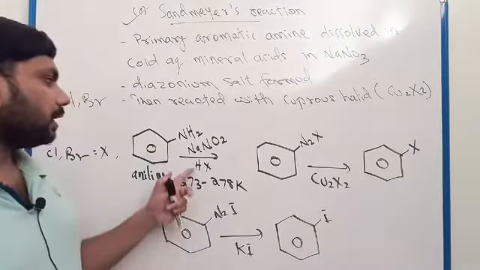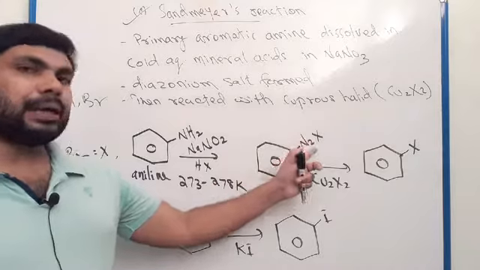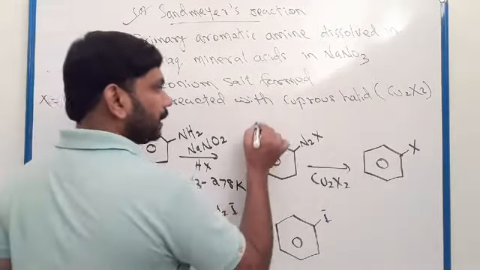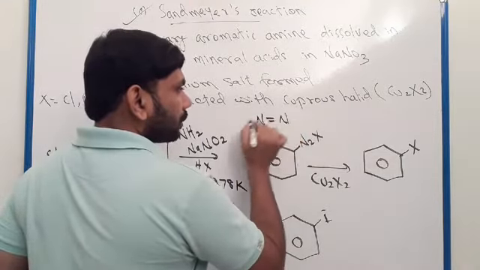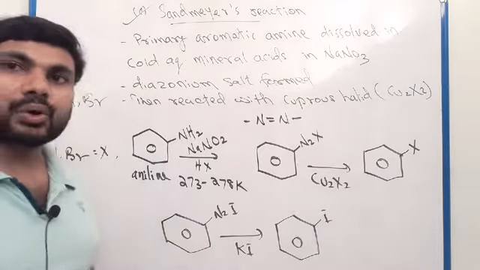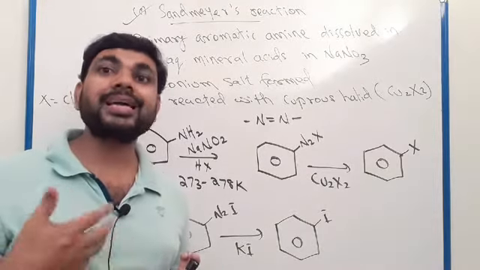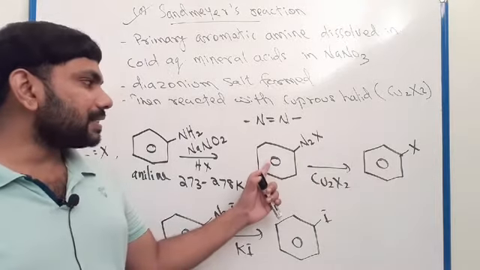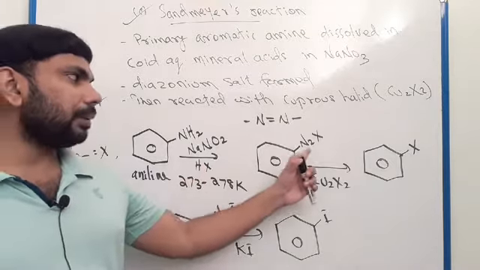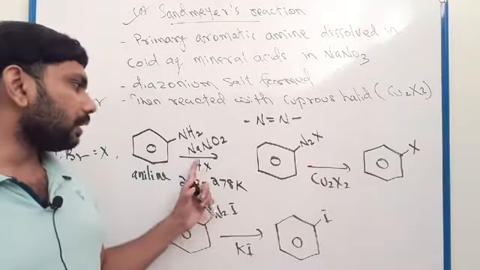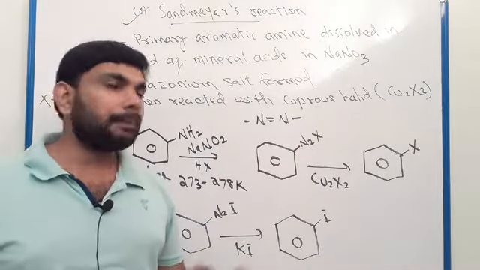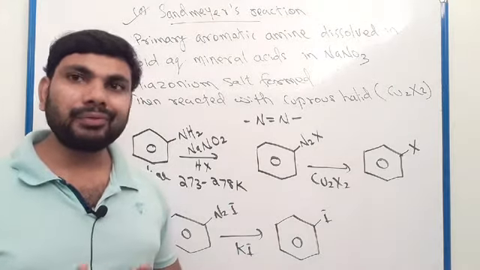Okay, when you choose HCl, it will be benzene diazonium chloride. Diazo means two nitrogen atoms, a compound which contains N2. This type of compound is called an azo compound, or diazo compound. So here benzene diazonium halide. When you choose chlorine, it will be N2Cl. When you choose bromine, HBr, it will be N2Br. So benzene diazonium halide will be formed.